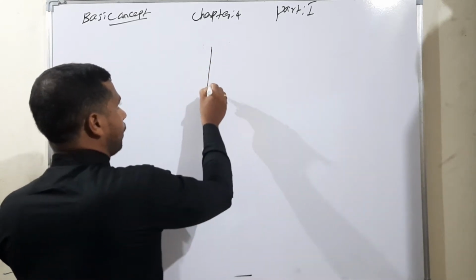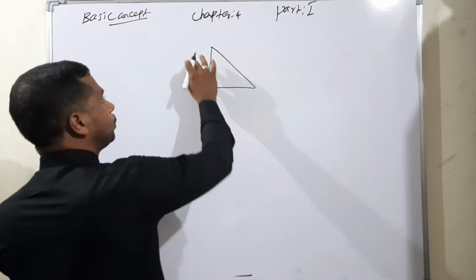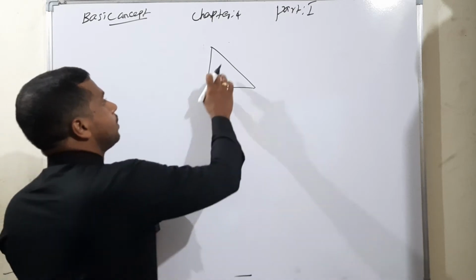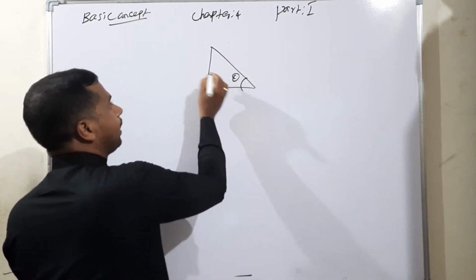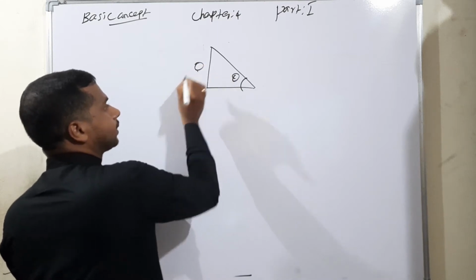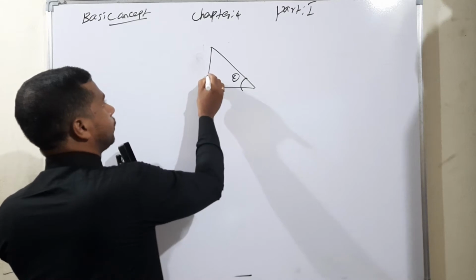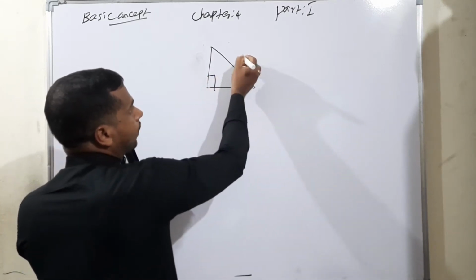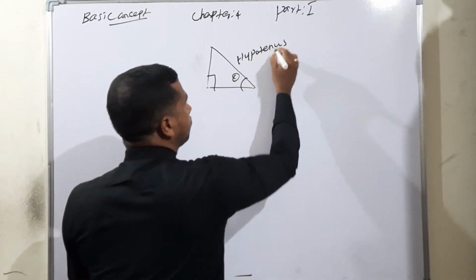we make one right angle, which means you have three sides, isn't it? So 1, 2, 3 sides. What is the name of each side? Okay, the first one, this is theta, the opposite of the angle. The side opposite the angle is called the opposite side. We can write the full name, opposite. Then the side opposite the right angle, this is the right angle symbol, the opposite of the right angle is called the hypotenuse. Okay, this is called hypotenuse.